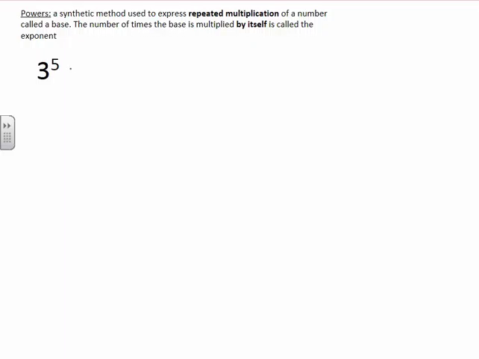So we have an example right here. This is read as such, 3 to the power of 5. First we have to identify what the base is and what the exponent is. So 3 represents our base, and 5 represents our exponent. If we were asked to evaluate this power, we would do it as such. So 3 to the 5